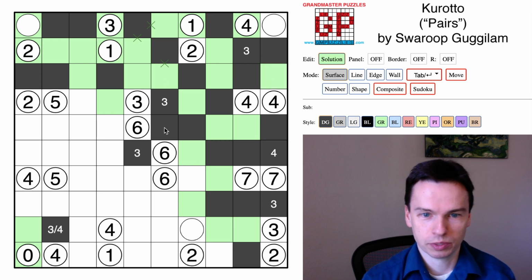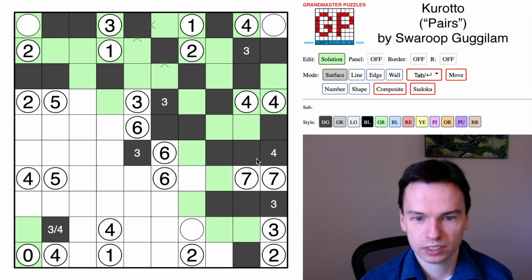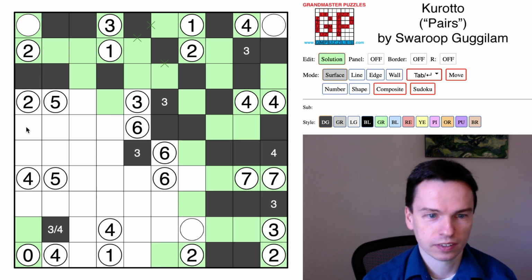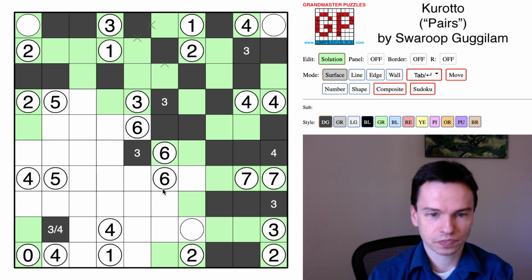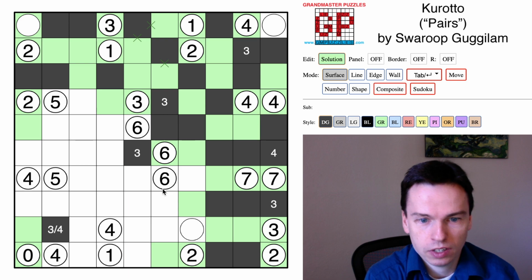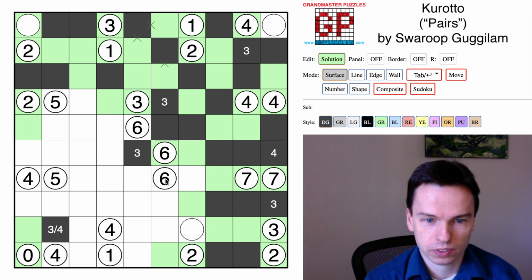And so this looks to be the only way to fill in that top region. We finished out the look of all these clues, and just did some bookkeeping while doing that. Okay, so the place we were looking just before moving to this lower right corner was this 6 cell here,